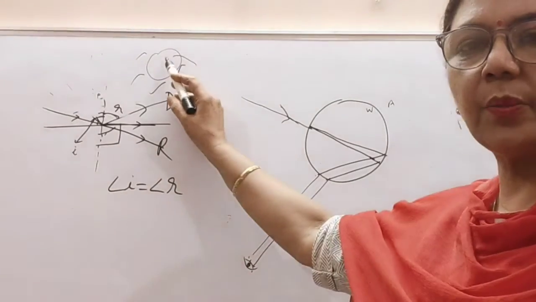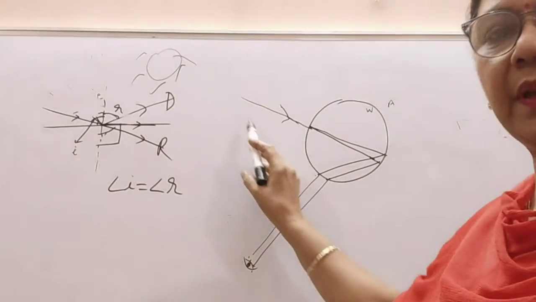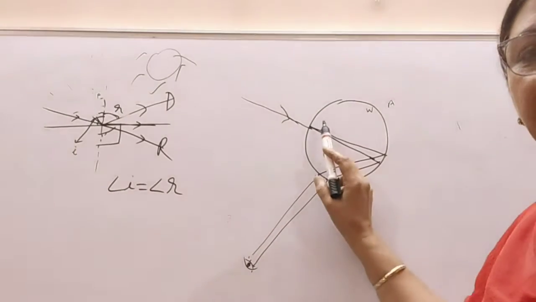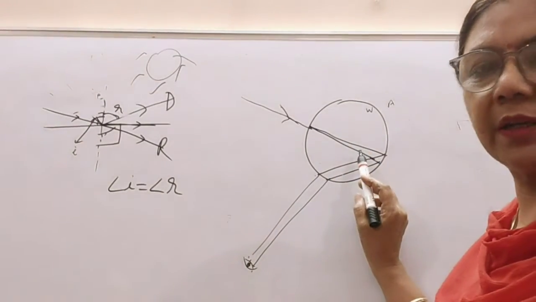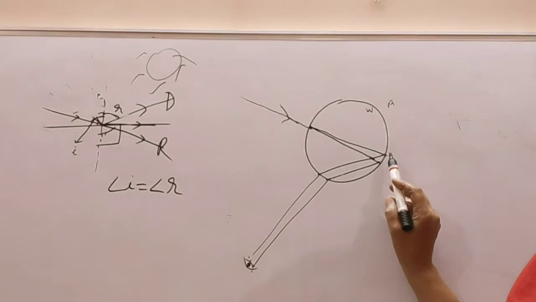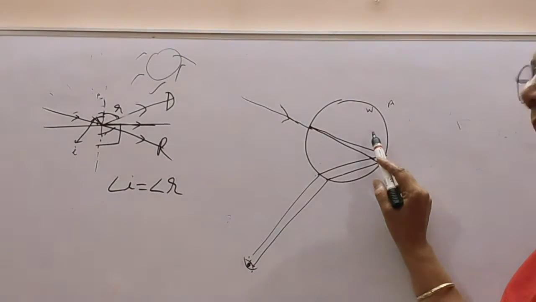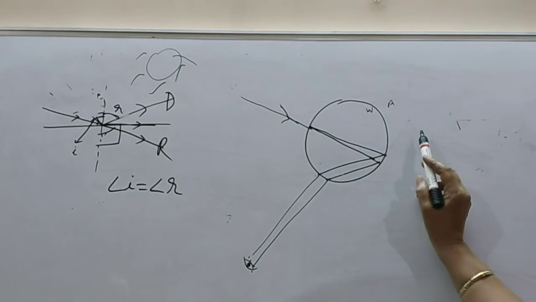If the sun is here, suppose the rays are coming, then from a few raindrops, what will happen? The ray will enter and then it will disperse, as well as refract. Then after dispersion, it will go to the other side of this interface. This is the denser medium and this is the rarer medium.